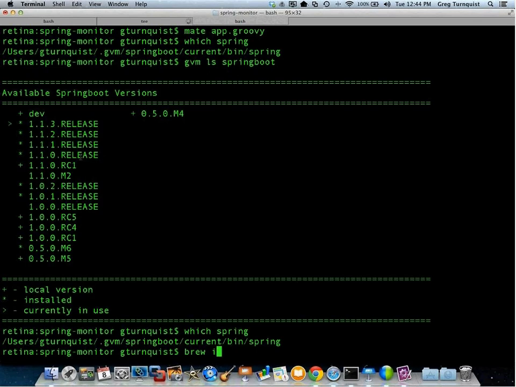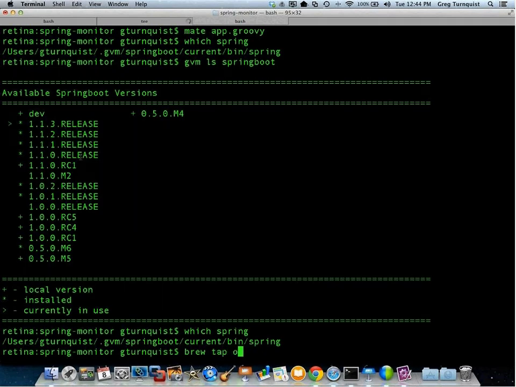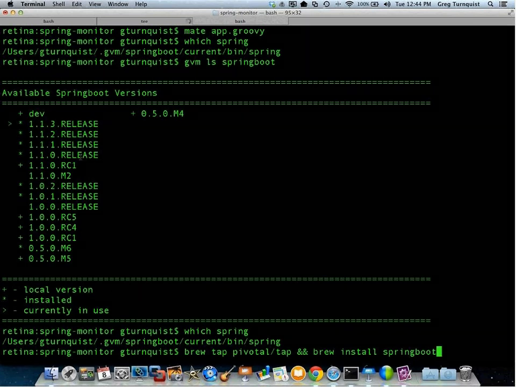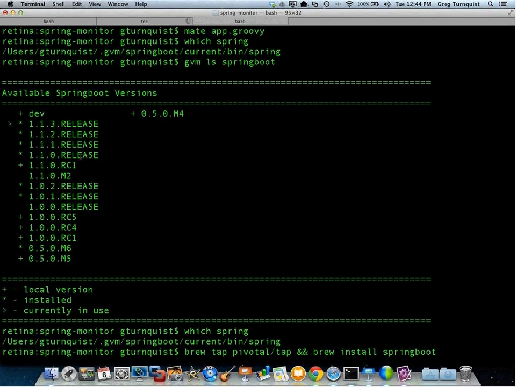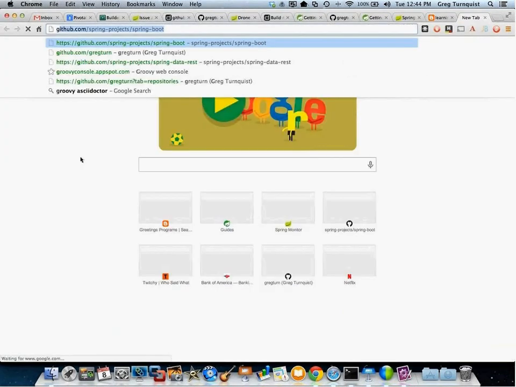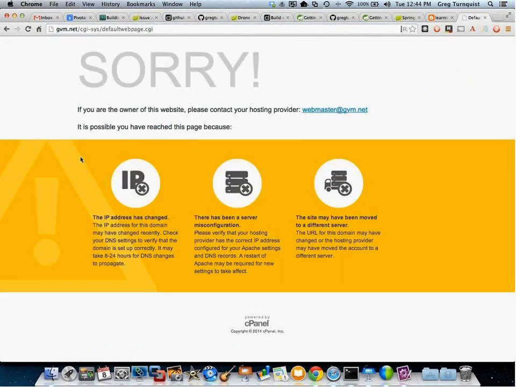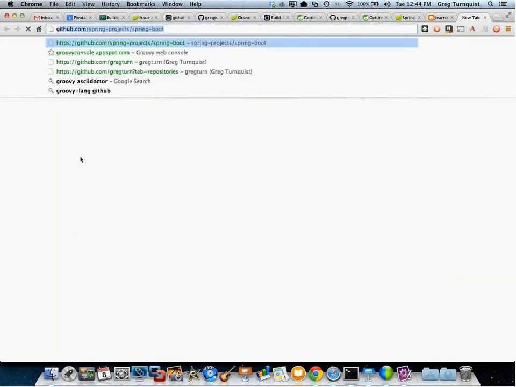I should say it's brew tap. I think it's, if I could type it, pivotal tap. And then brew install springboot. This is on a Mac. Brew is a popular package manager for the Mac, but GVM is on a lot of platforms. So if you install GVM,